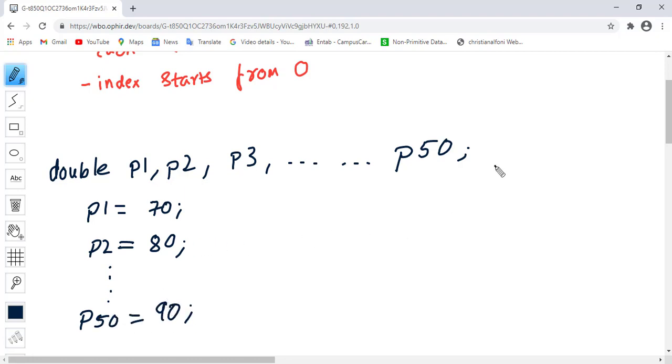So I have to declare 50 different variables and initialize their values separately by writing several lines of code. Okay.